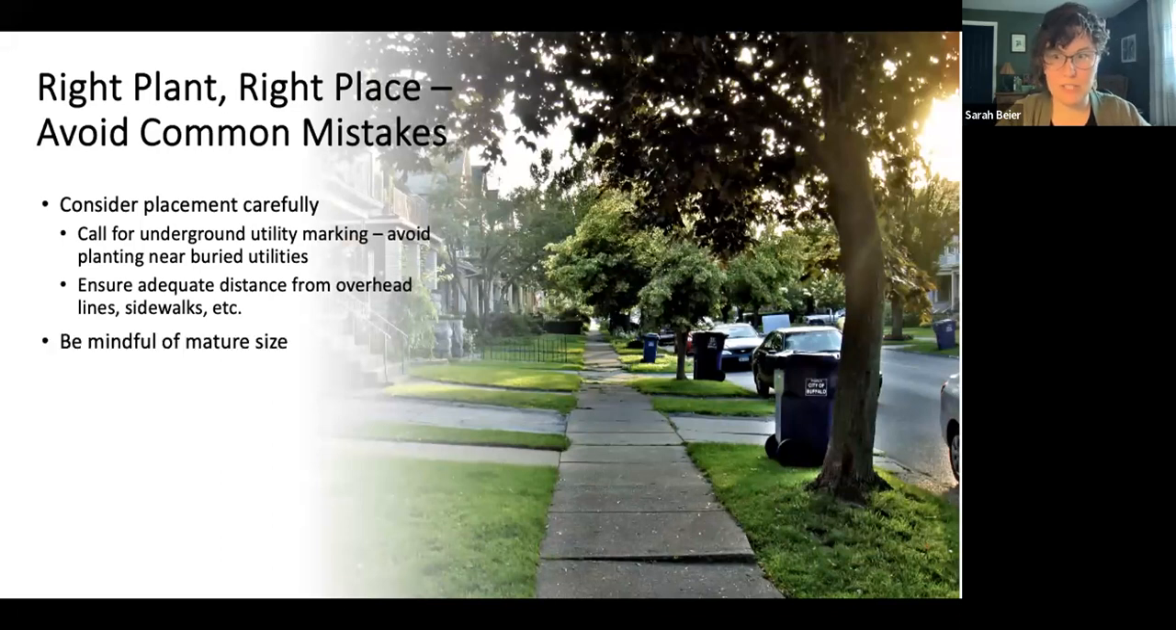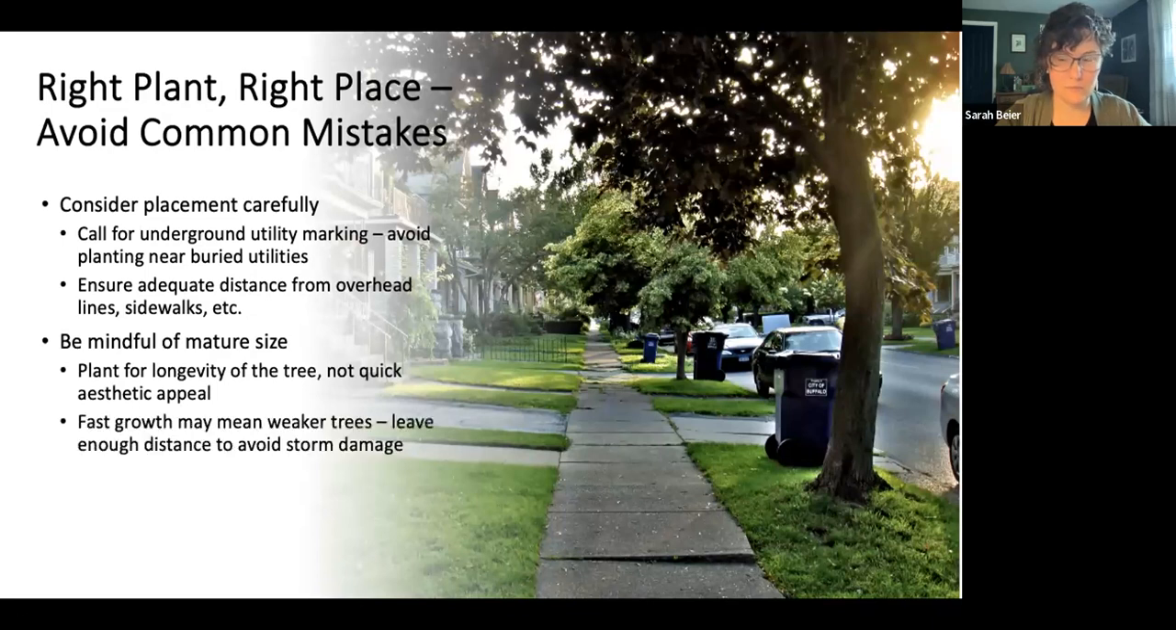Do be mindful of mature size. We've talked about that a few times so far already. Plant for the longevity of the tree and not that quick aesthetic appeal. Do also be mindful of the fact that fast growth, which is something we desperately want when you have no trees and you're planting something, may mean weaker wood. So if you're choosing something that has that characteristic, make sure that you have enough distance to avoid storm damage